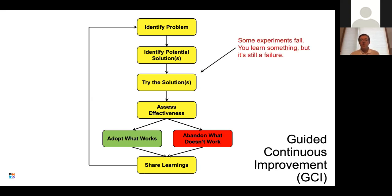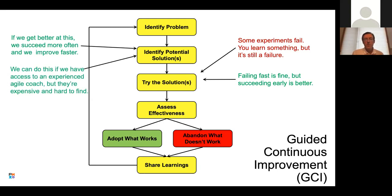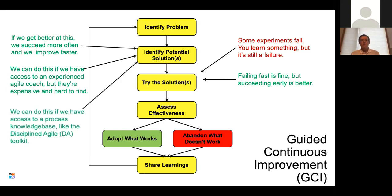Some experiments, trying a new experiment to fix a problem, what Agile calls fail fast. Well, some experiments fail. You'll learn something, but it's still a failure. And failing fast is fine, but succeeding early would be better, wouldn't it? Failing fast can be a time-consuming and expensive process. If we get better at identifying what our potential solutions are, then we can succeed more often and we can improve faster. We can do this if we have access to an experienced Agile coach, but they are expensive and they're hard to find. We could be better at this if we have access to a process knowledge base like